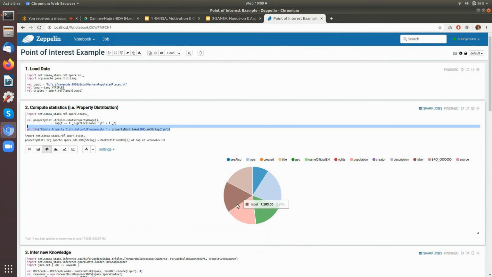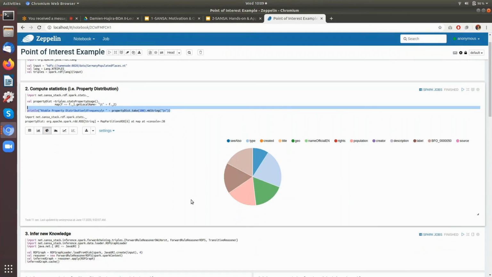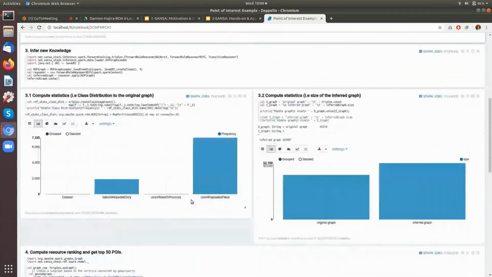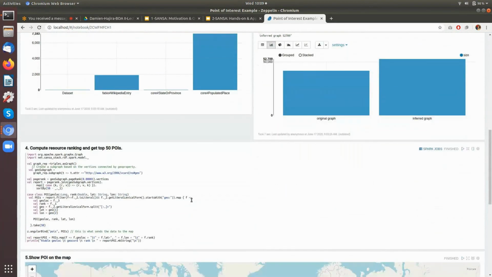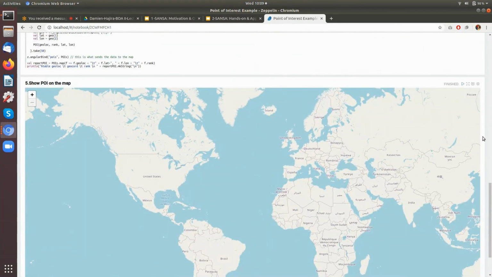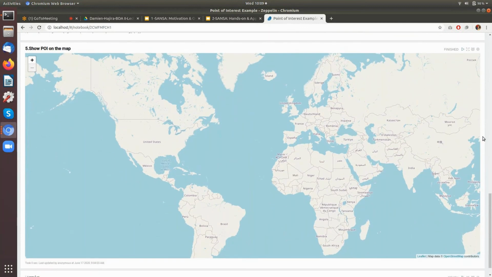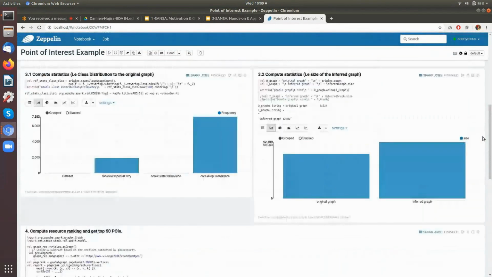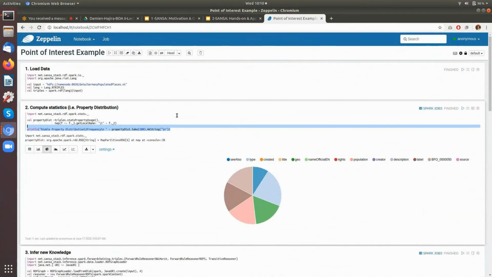But from a point of interest example, you have this kind of chart presenting how your data set is spread, and then infer knowledge and compute statistics. And if you want, so ranking the points of interest, and if you want, you can even embed some maps there. So the maps are not shared at the moment because it would imply relaunching the full stack, and we don't have completely the time there. But directly with the notebooks, you have the possibility of having a ready-to-be-used point of interest pipeline ready to go.